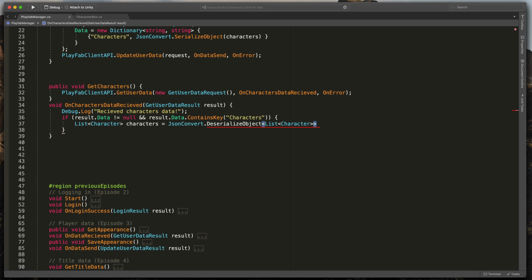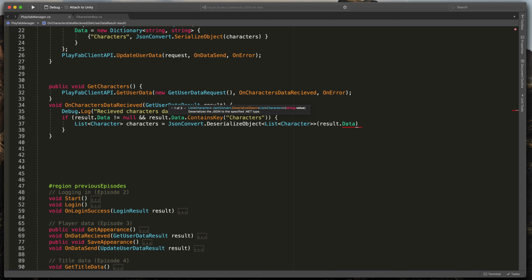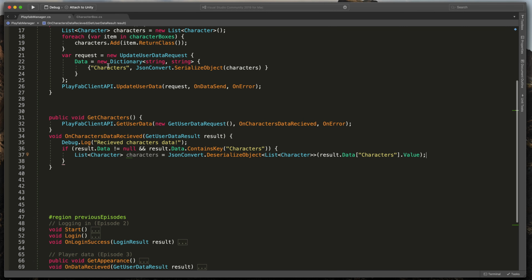And finally, pass in our JSON string. So type result.Data and in square brackets Characters.Value. You can now see how we first serialized this list into a JSON string and then deserialized the JSON string back